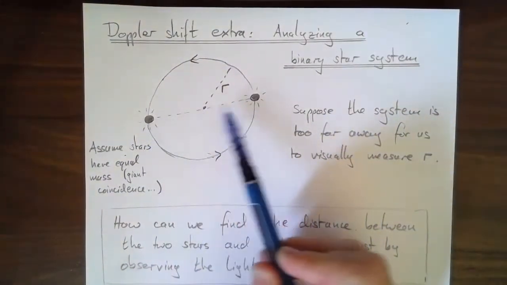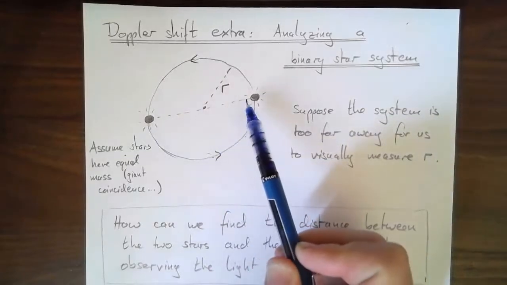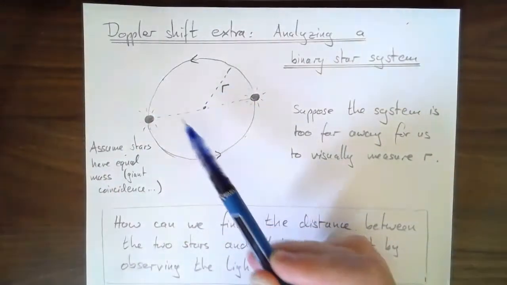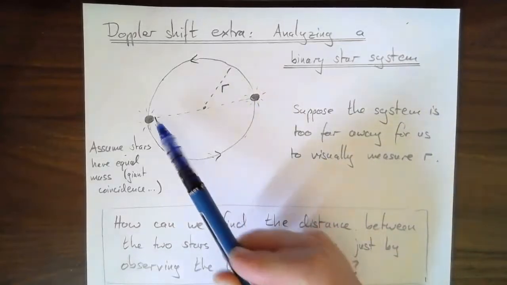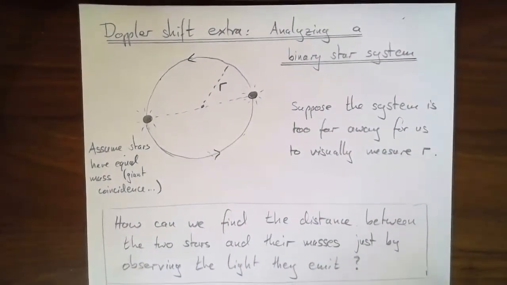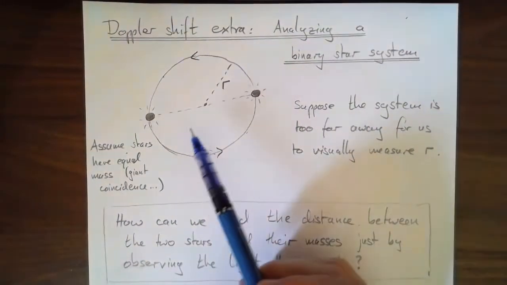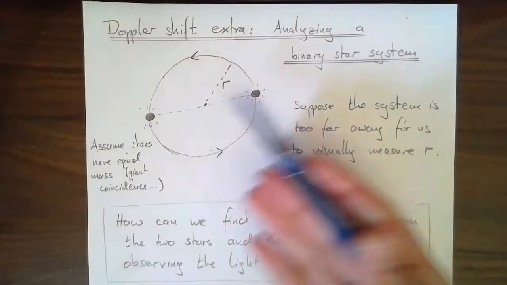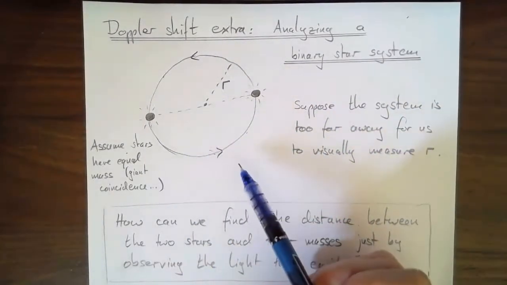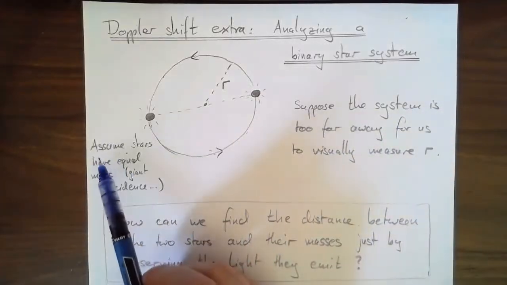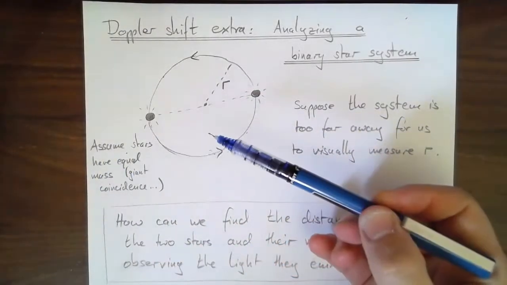What does it mean? I've got two stars, not just one, and they're circling around each other under their own gravitational pull, right? So this one attracts this one, and this one attracts this one. They're fairly common out there in space. So this is an example that you might well come across if you go into astrophysics, or you just care about it.